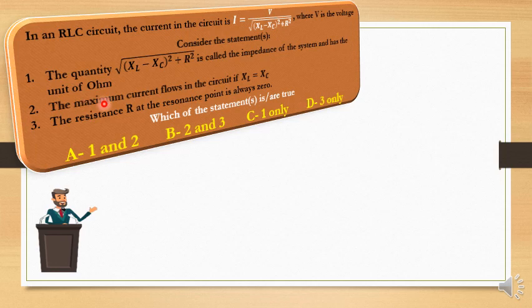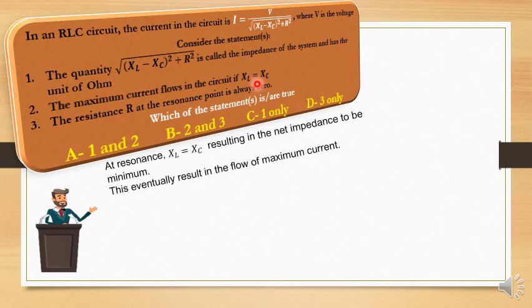Now the reactance of the inductor is equal to the reactance of the capacitor only at the point of resonance. So at resonance we have that XL is equal to XC, and